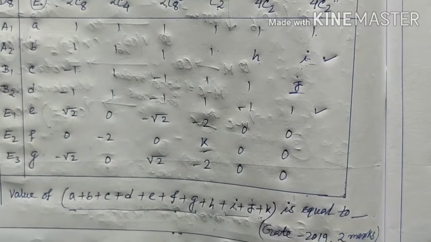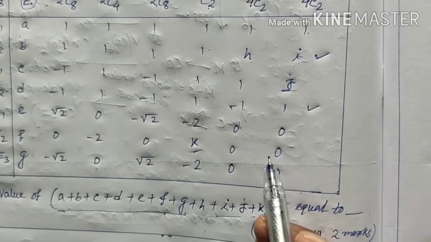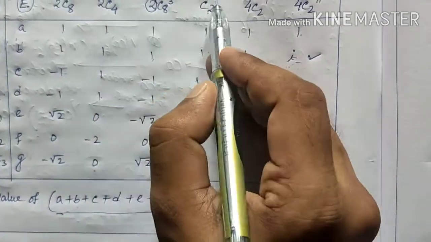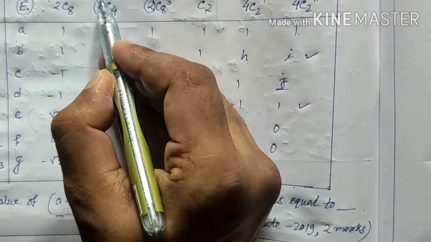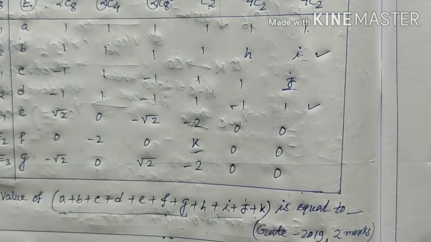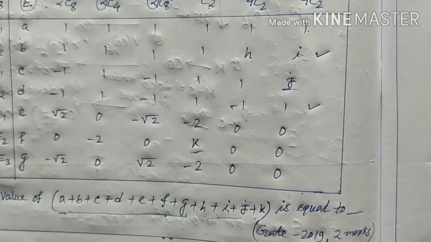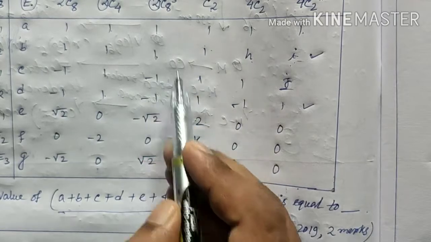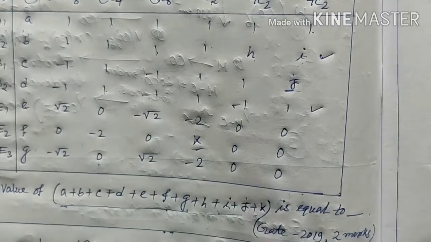You can solve it by yourself, since it is very easy. Just you have to be careful about this parameter, about this multiplication parameter. If you do not consider this value, then you will not get the correct answer. Now for the remaining case, it is 2 into 1 into minus 1